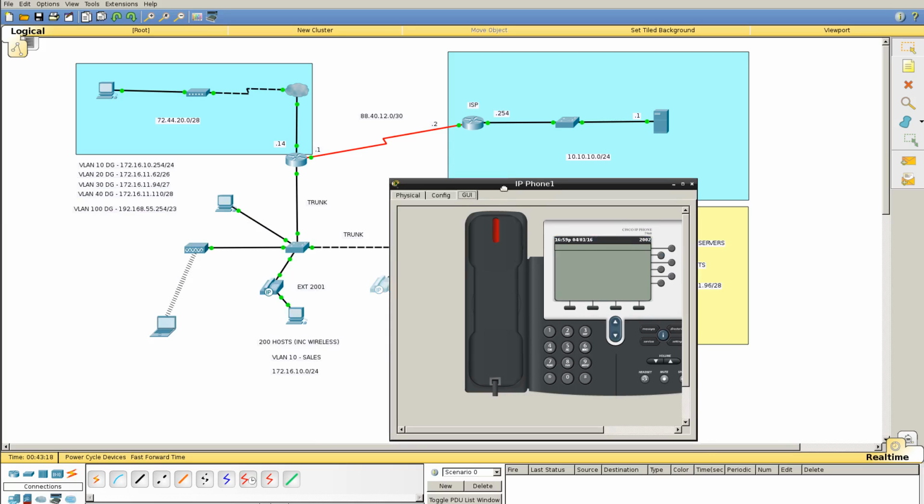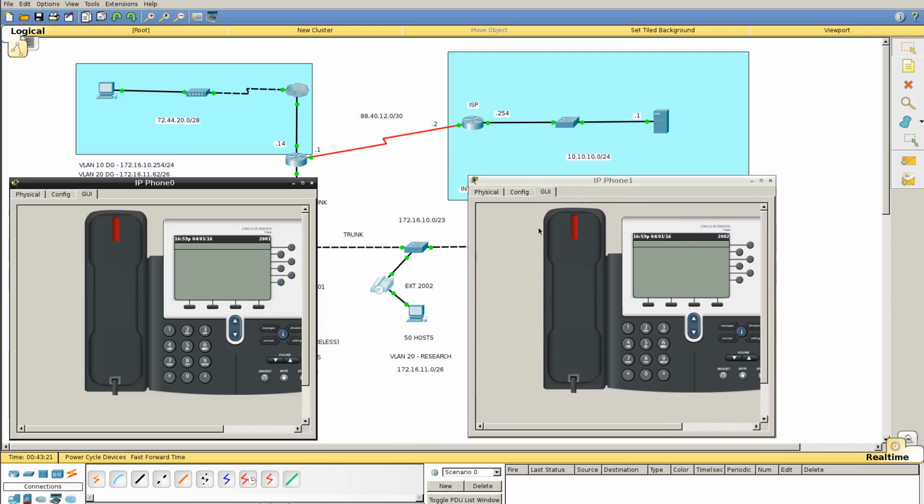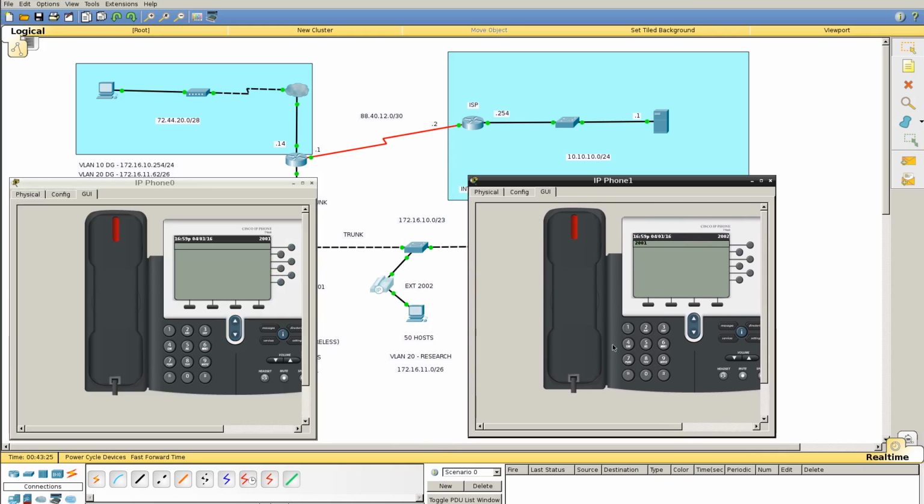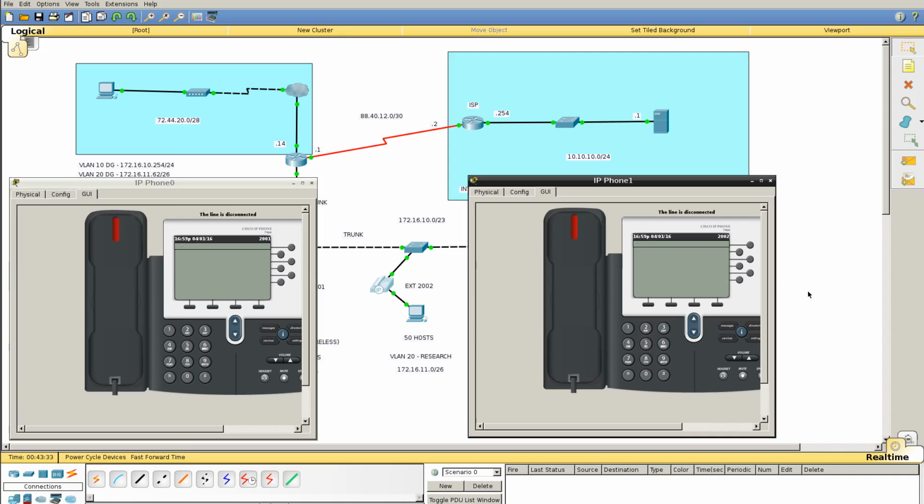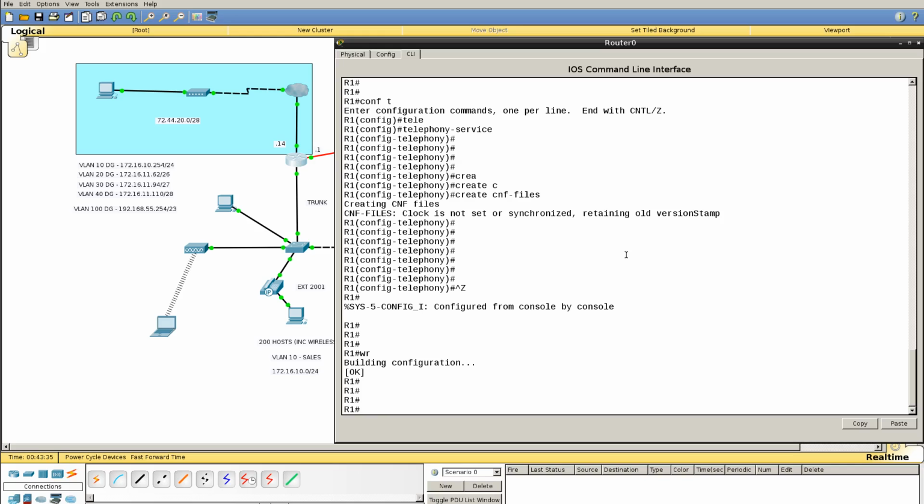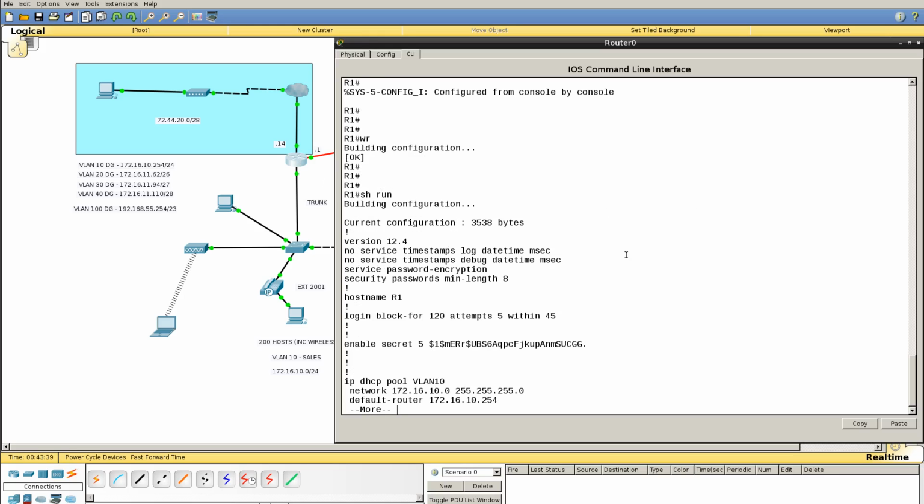Superb. I'm just going to try another little phone number here. Let's dial from 2002 to 2001 just to make sure that one works as well. Yep, ringing away. And there you go, phone's configured. Okay, so let's have a very quick look at their configuration. Show run. What did we do? We did